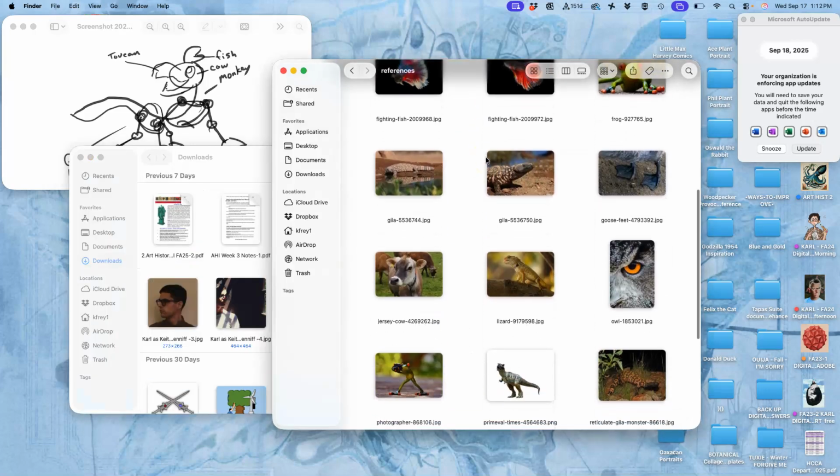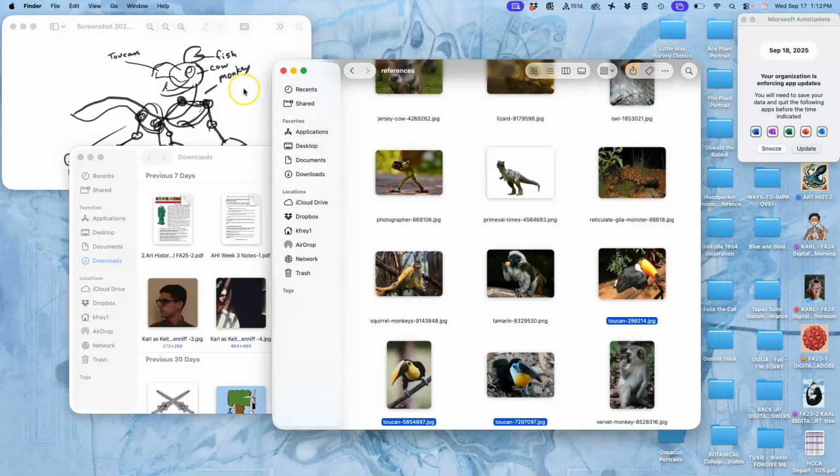So I have a lot more than 5 references here, but they're for different parts. And so what I really want to do is find what are called my hero assets. Hero assets are the ones that